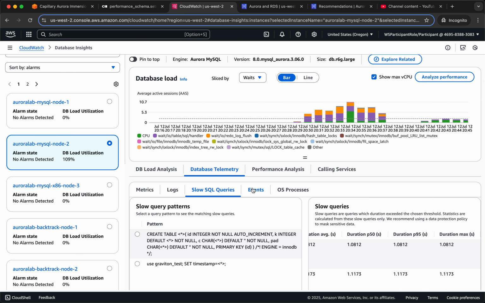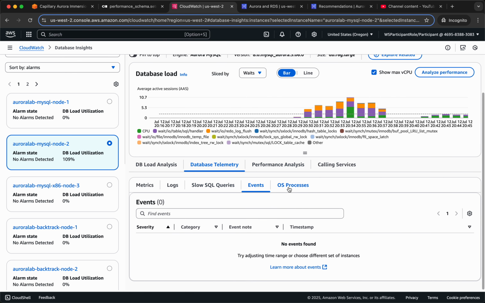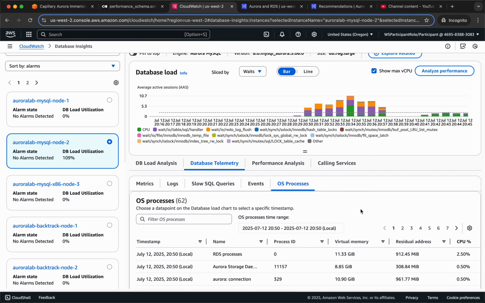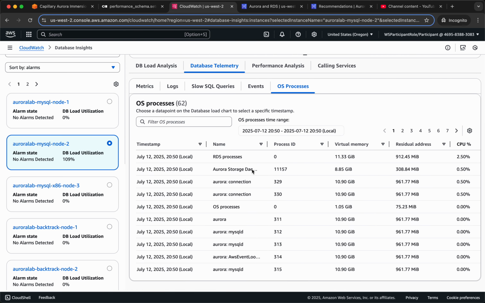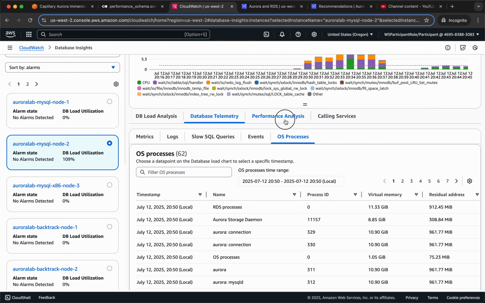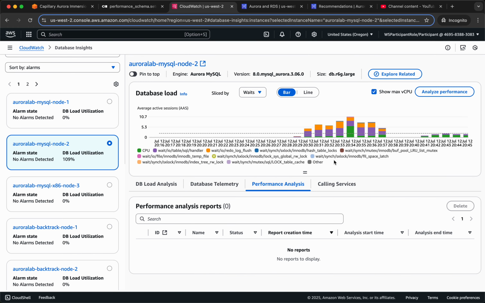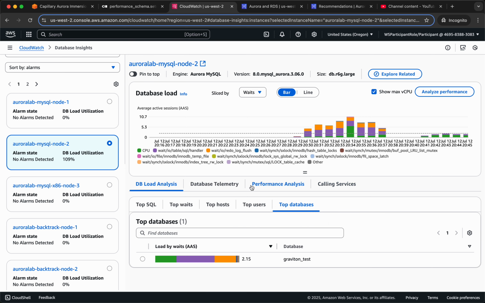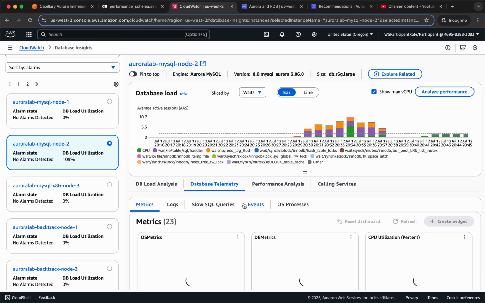So now if you look at events, OS processes, so you have RDS processes, MySQL daemon and all that, and AWS event loop, MySQL daemon connection, storage daemon, and that's it. Performance analysis, no reports, calling services, and then finally in the database telemetry, you can actually look at